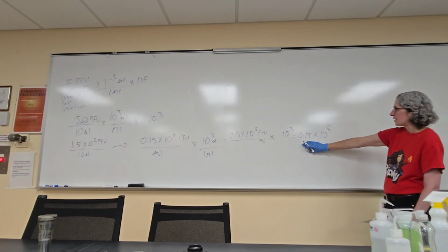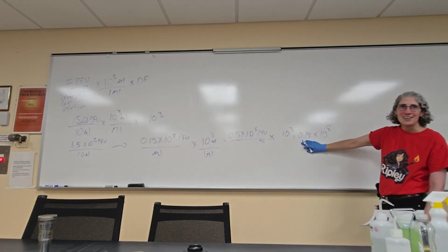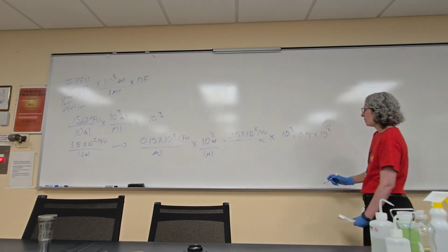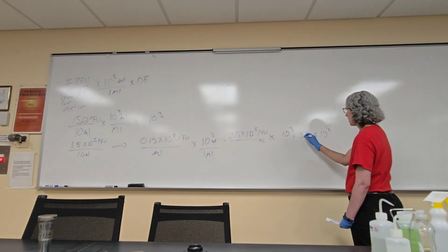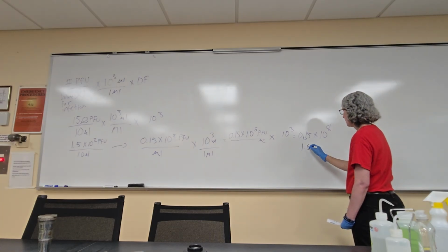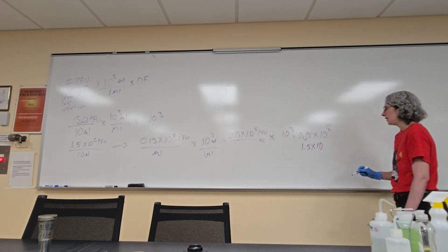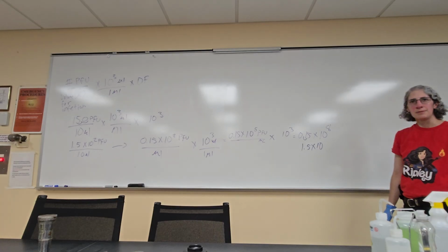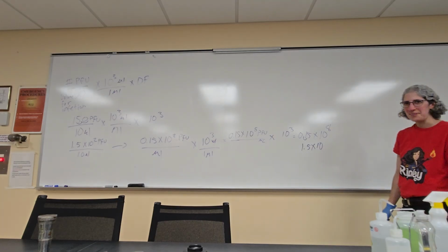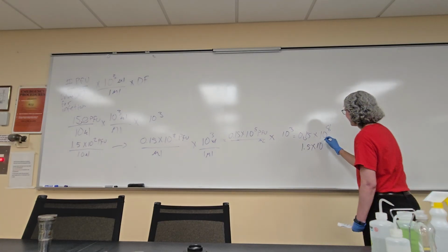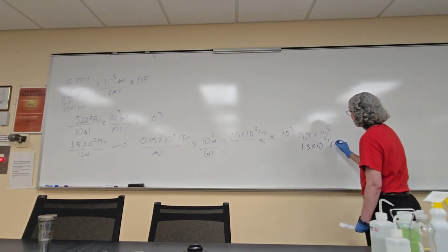8th. But again, this is not in proper scientific notation. We would have to move this back over here. All right, 10 to the, we're going to go up or down? Down. 7. All right, PFU